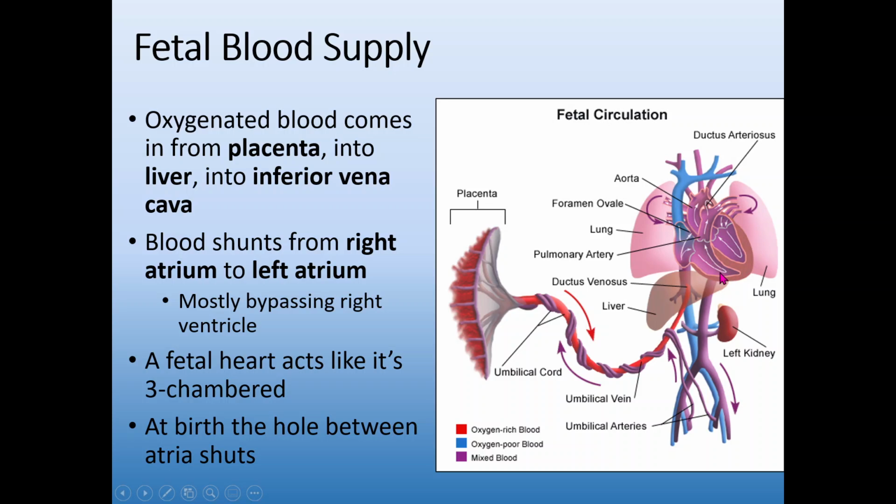But then rather than going into the right ventricle to the lungs into the left atrium, there's actually a hole that exists in a fetus between the two atria. We call this the foramen ovale. And the blood can pass directly from the right atrium to the left atrium. At that point, it will follow a more normal pathway, so it'll go from the left atrium into the left ventricle, and then out through the aorta, sending oxygenated blood to the rest of the body. So during development, during gestation, a fetus's heart actually functions more like a 3-chambered heart than a 4-chambered heart like we see in a full-grown adult.